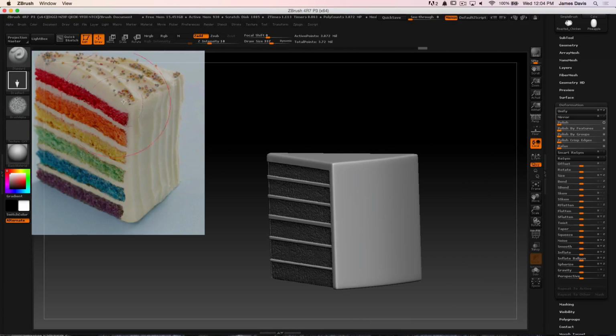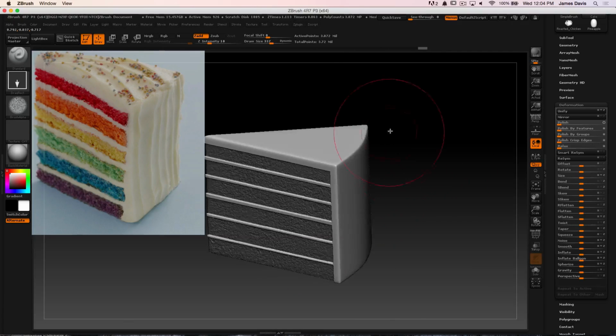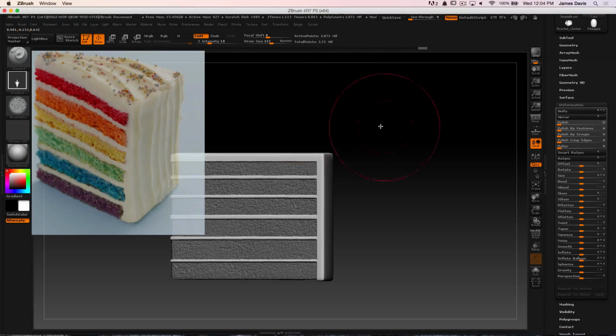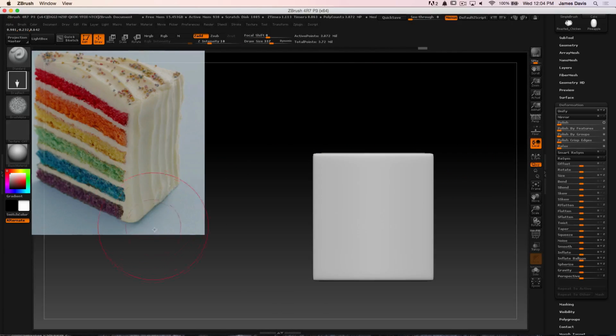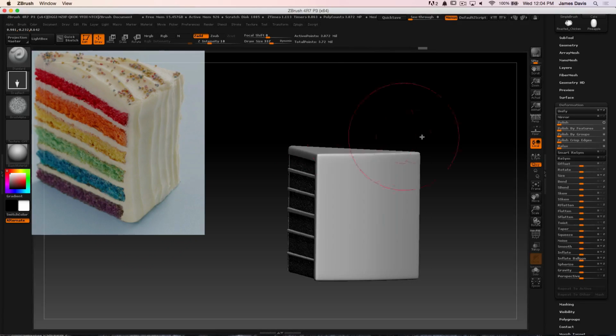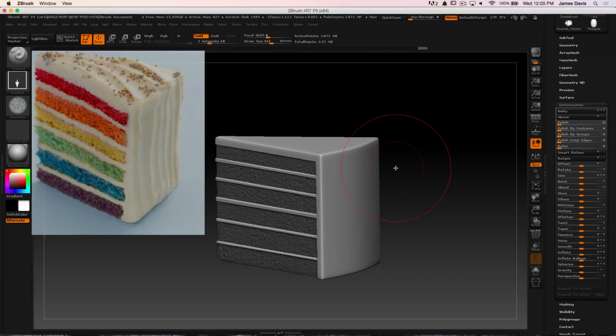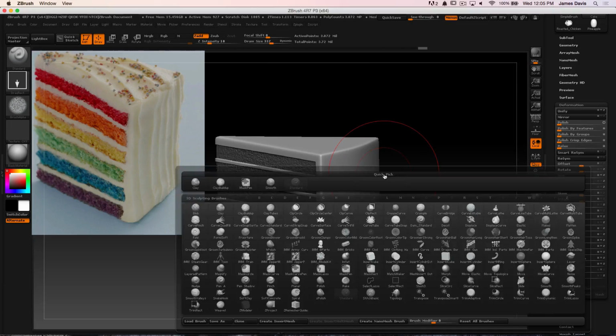Since I already have a mask on this part of my cake, I don't really have to worry about accidentally drawing on that part. So I have free roam to draw on the icing. Now to create these really sharp streaks across the surface of the icing, I'm going to use a tool that you would normally use to create divots, but you can also create sharp details coming out of your model as well. I'm going to use the Dam Standard brush, BDS,